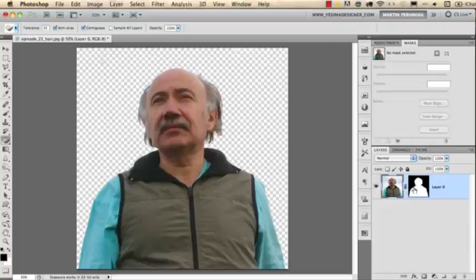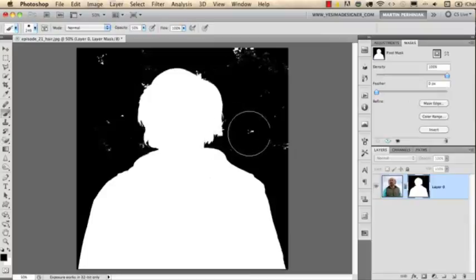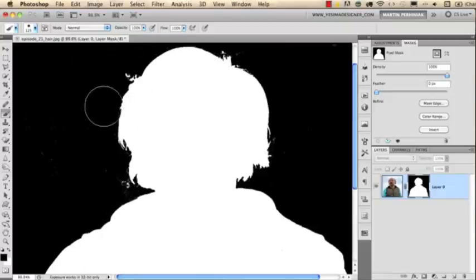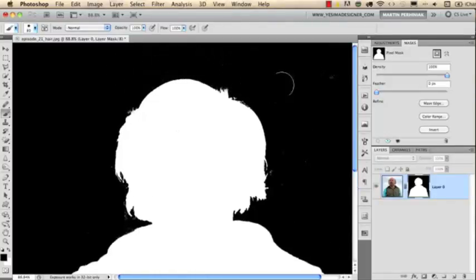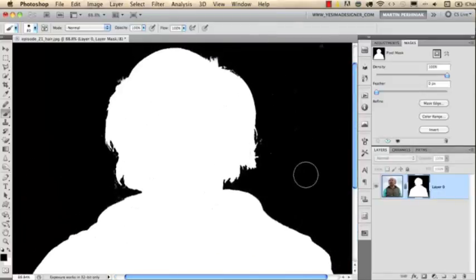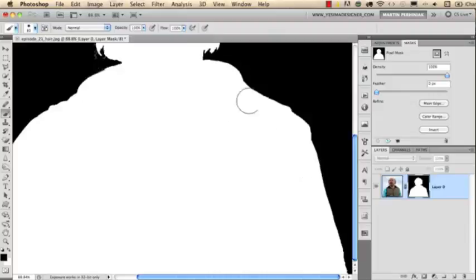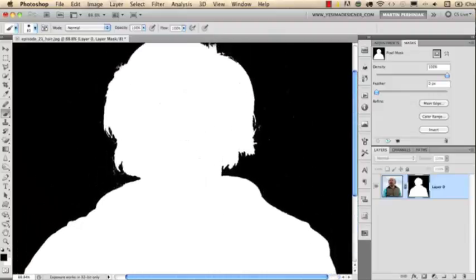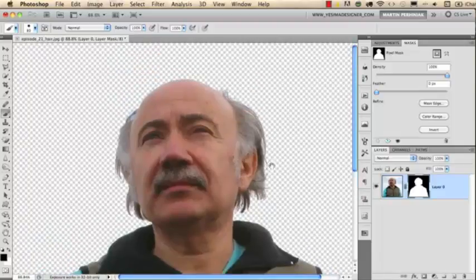Now you can refine your mask by alt clicking on the mask thumbnail and using your brush tool to draw over these little leftovers to get rid of them completely. Like this. And maybe even some parts here close to the edges. Like this. And as you can see, we have a fairly good selection around the hair and a very good selection on the other edges. Now if I alt click again on the mask, we can switch back to normal view,